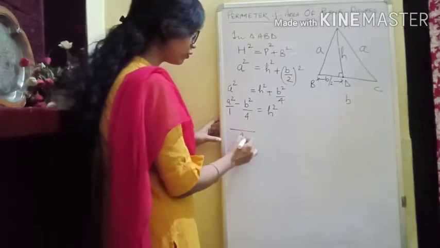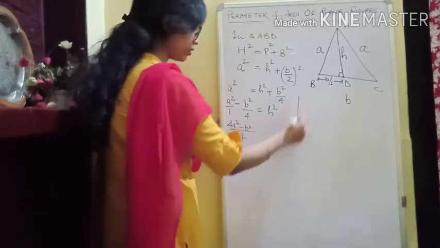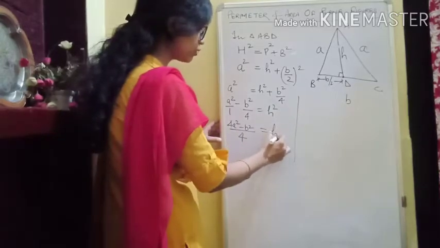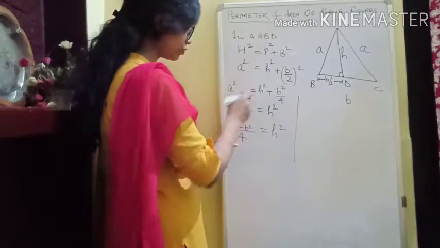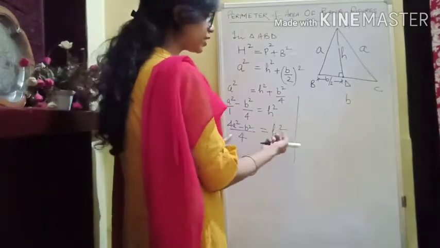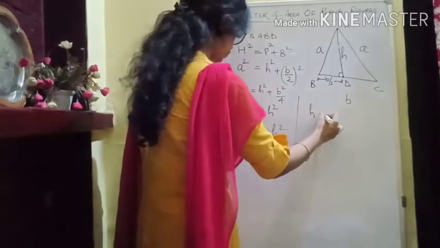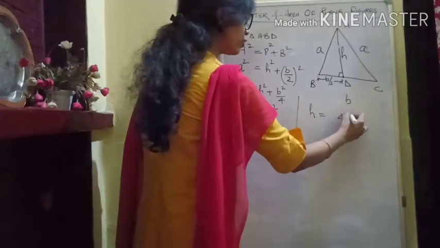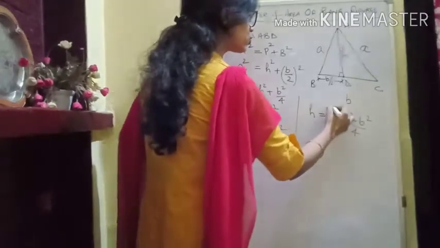It will be 4 and then 4a square minus b square. Correct? And this is equal to h square. We want to calculate h, so we will take the square root on the other side. So it will be h equals